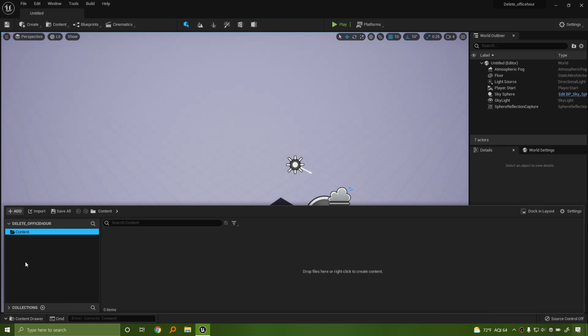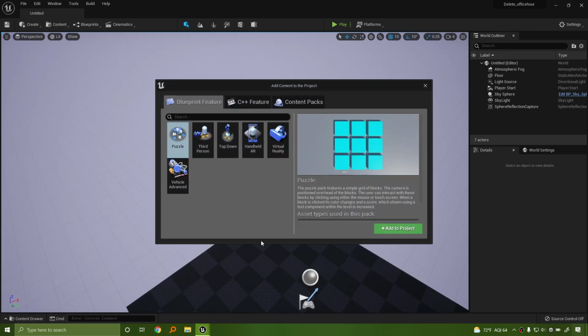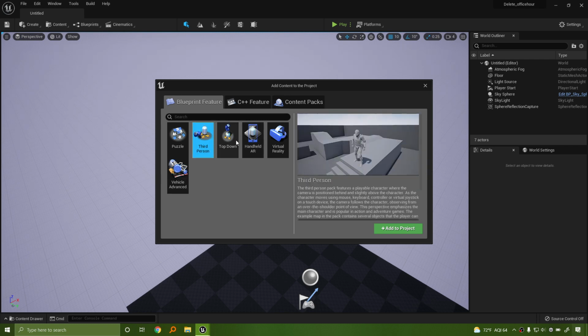Let's go ahead, and this is the same for UE4 and UE5. We're going to go to add, and up here there is a tool that lets us add feature or content pack. I'm going to click on that, and if you look under here, we see that we can add the default features, third person, top down, VR, all of these things.